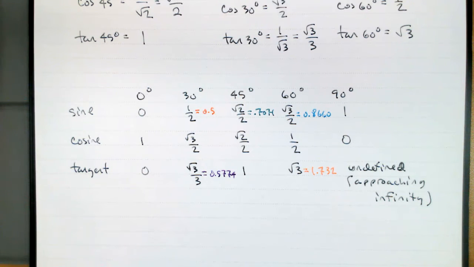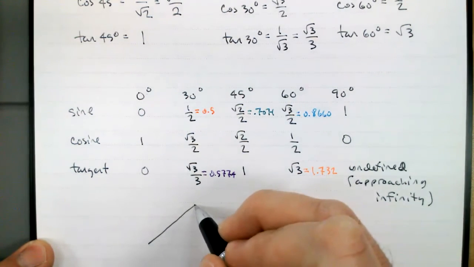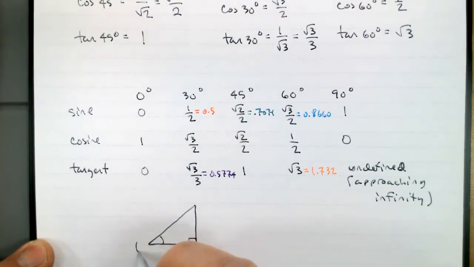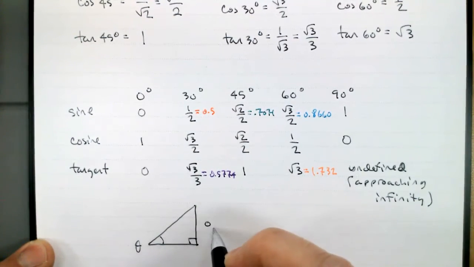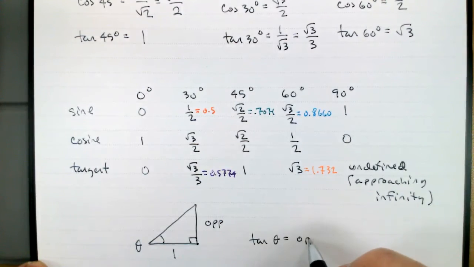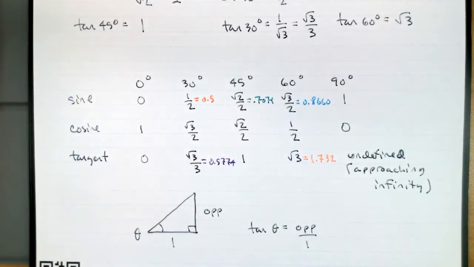Anyway, calculus is where we actually start studying infinity. But we can actually get a pretty good idea about why tangent of 90 is going off towards infinity. Remember, tangent is opposite over adjacent. So if I build a right triangle with an angle theta over here, here's the opposite. And if I fix the adjacent, let's say at 1, then tangent of theta is opposite over adjacent, which is the opposite. What happens as we start to open up this angle theta,